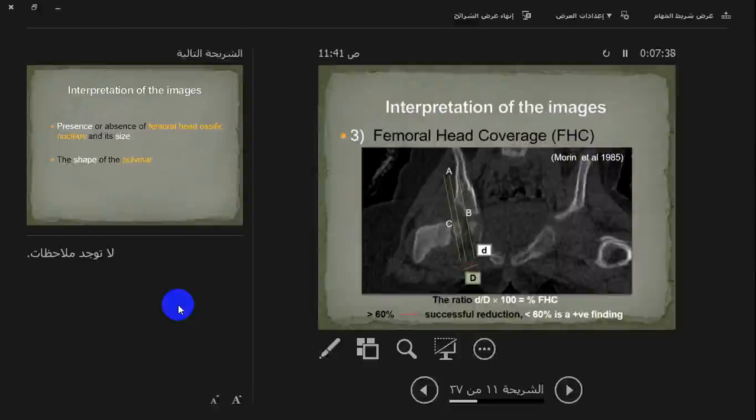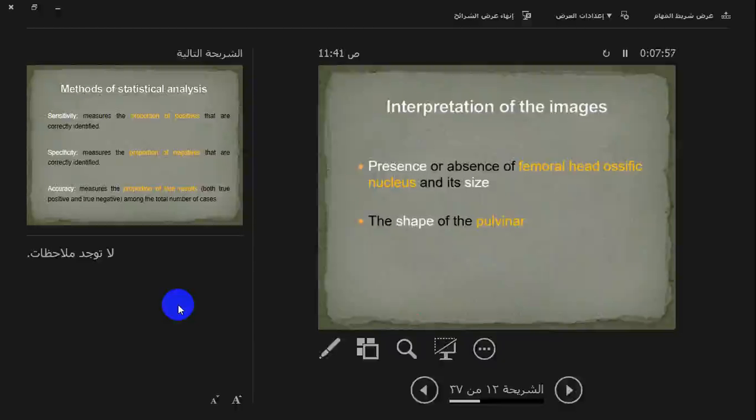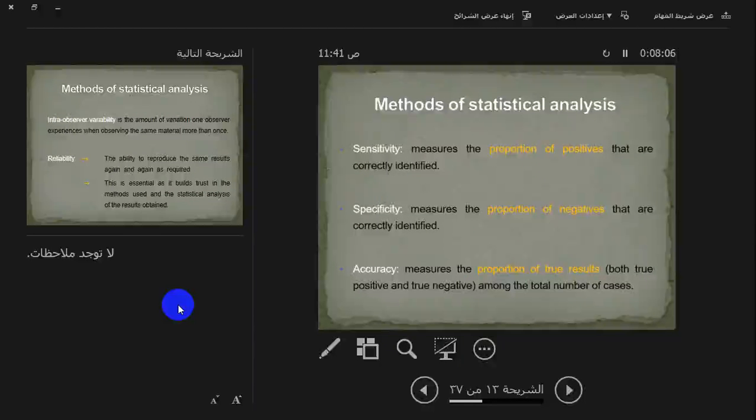the ratio between D small and D capital times 100 was the percentage of the femoral head coverage, and anything above 60 was considered a successful reduction, and less than 60 is a positive finding, indicating that the femoral head was not well covered. We also looked at presence or absence of the femoral head ossific nucleus and its size and the shape of the pulvinar. And then we looked statistically at methods of